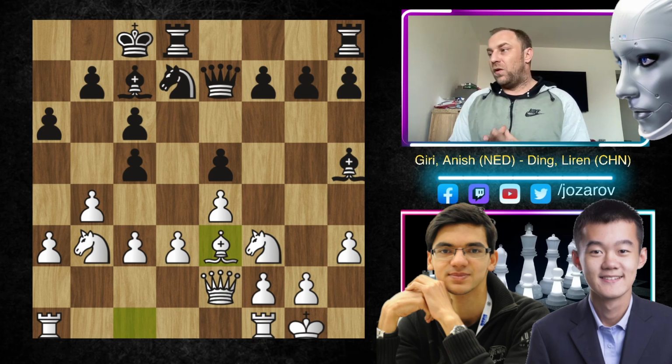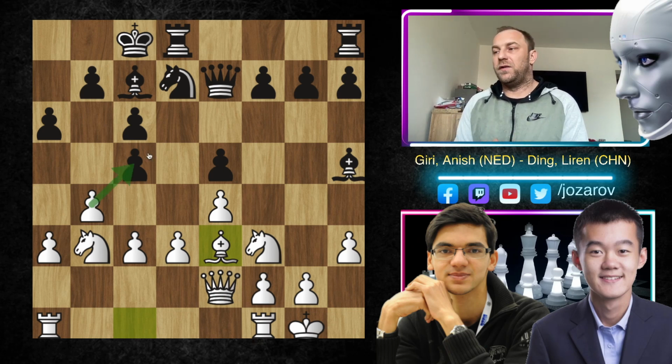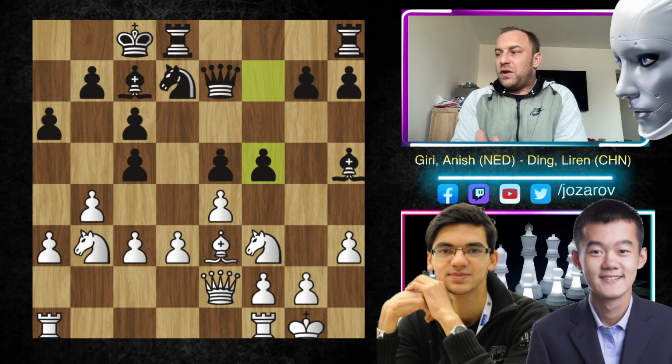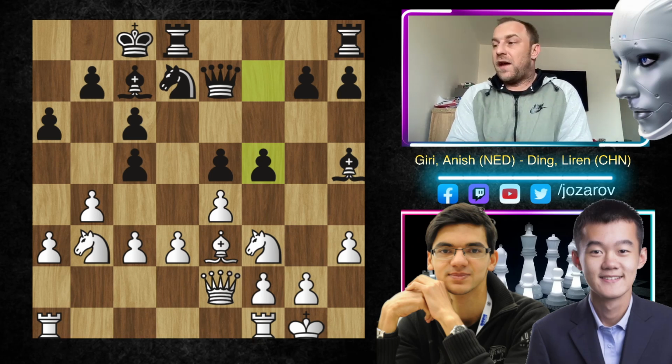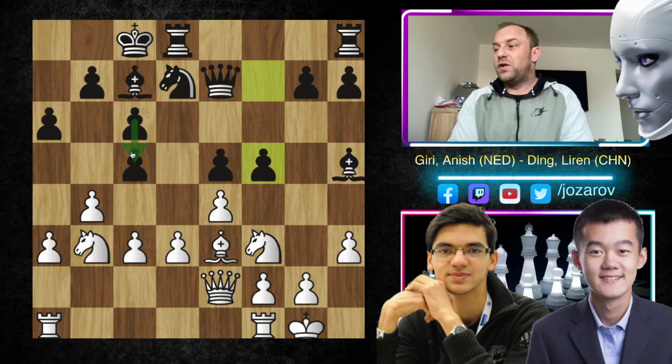Here Ding goes all in. He knows that he will probably lose the battle on the queen side now. You see, because of the loss of tempo, Anish Giri has already broken the position there. So now Ding Liren finally plays the move f5. And I want you to just imagine this position if Ding Liren wouldn't have lost the tempo with the move c5. If this position would have been reached with one extra tempo for black, I think then black could have